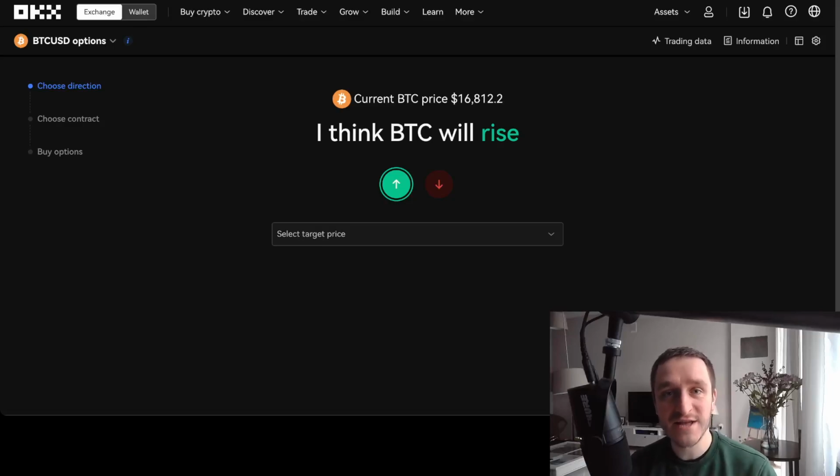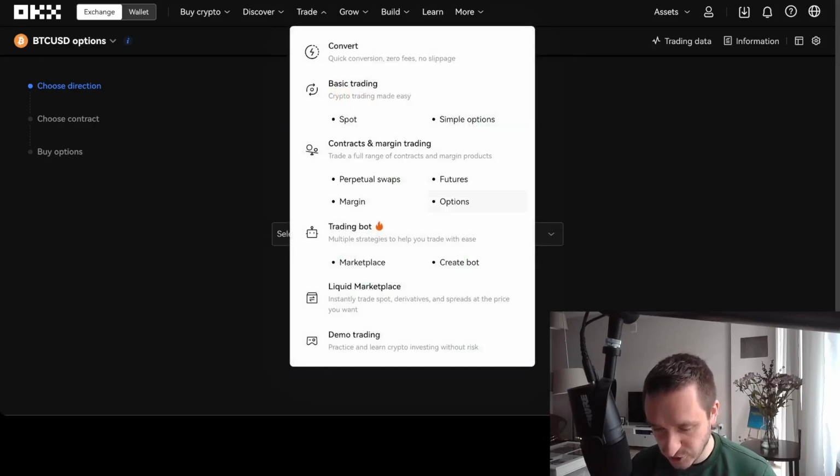On OKX, there's really an easy way to get into options on Bitcoin and Ethereum. There are simple options that are very easy to use, and if you want to start playing around with options, that's probably the best way you could use. So let's get started. You get to the OKX by signing up and then clicking on trade and choosing simple